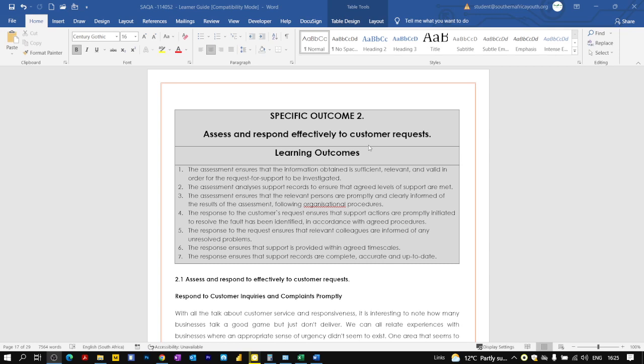So make sure that whatever request you are being given is relevant, and is also valid, obviously, because some requests are totally invalid, because they do not even cover what we are trying to do. So all these things, remember, will allow you to move on to the next step, which is called the request for support